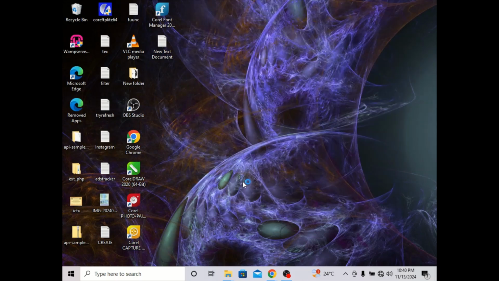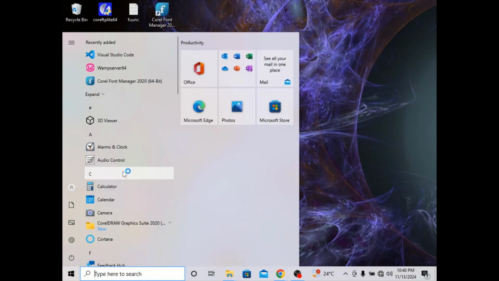Now we're through the VS Code installation. Now we can begin to write our PHP code. You can see there on our desktop, we have Visual Studio Code and the WampServer. In the next video, I'll show you